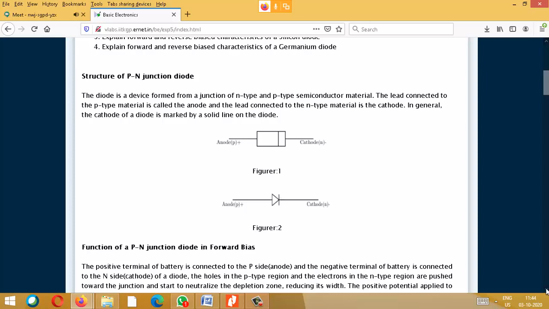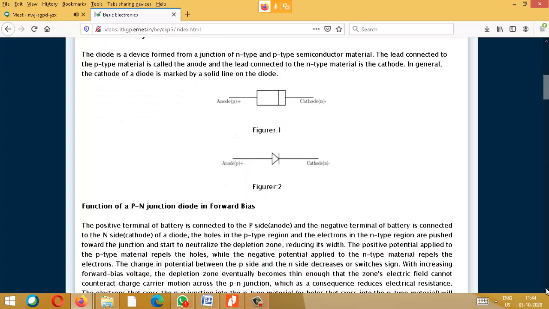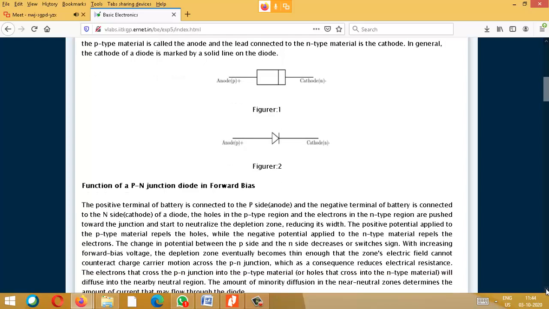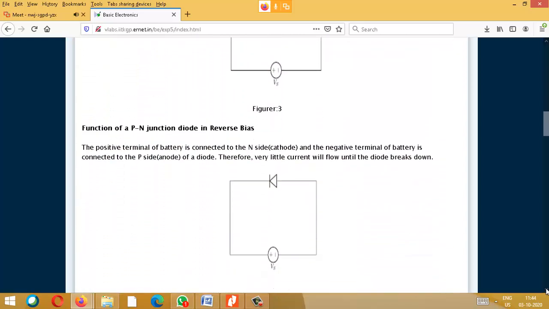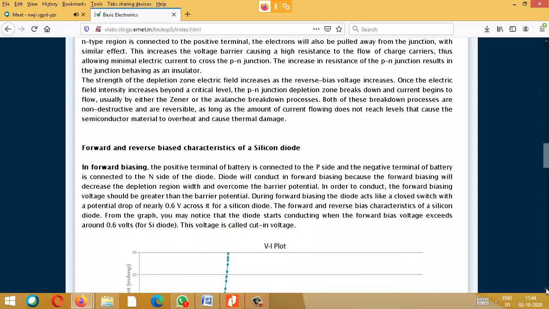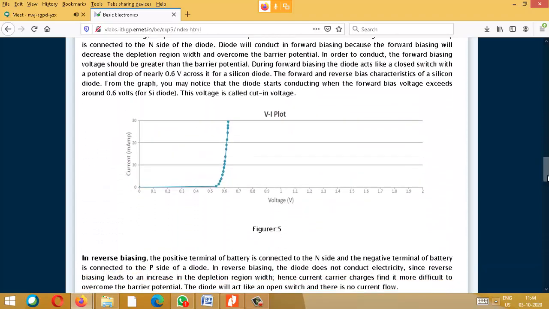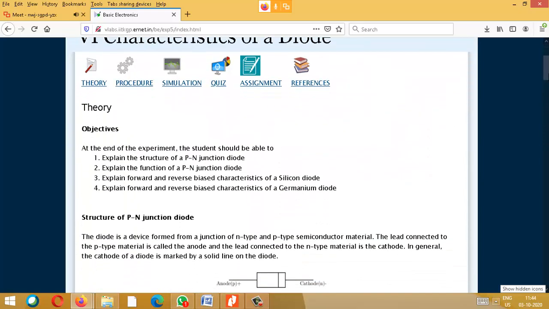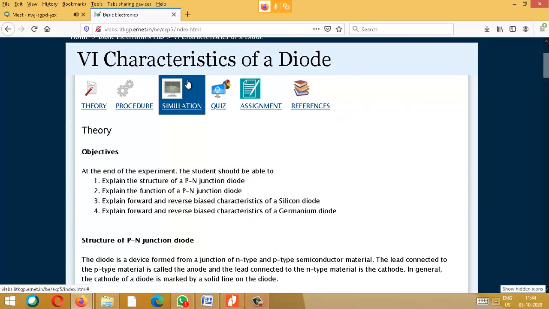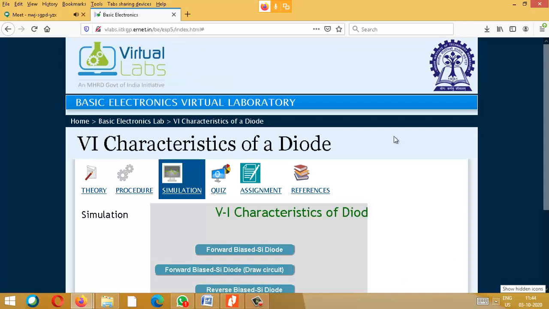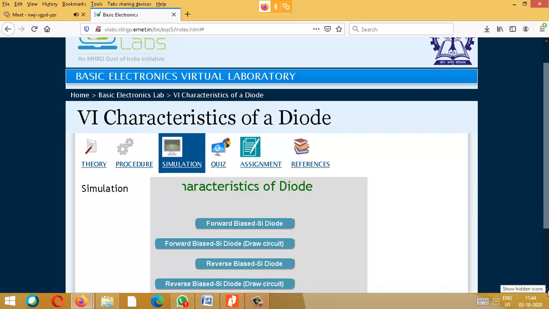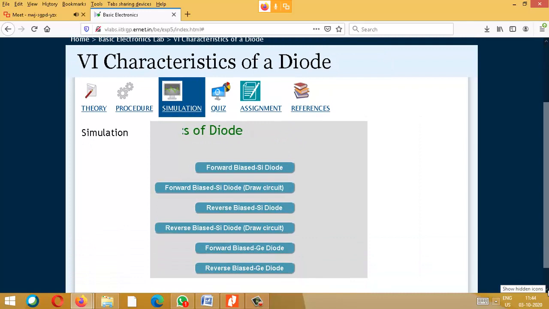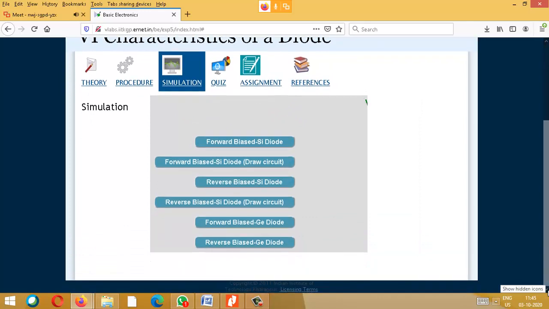So a diode is said to allow current to flow in a single direction. The other direction is blocked. That is called forward bias and reverse bias. Even materials are available that you can go through, so they show your forward bias and reverse bias. Okay, next let us start with the simulation. Kindly go along with me so that you are able to understand. Whatever I told, I will give you this video, so you can go through the video also.